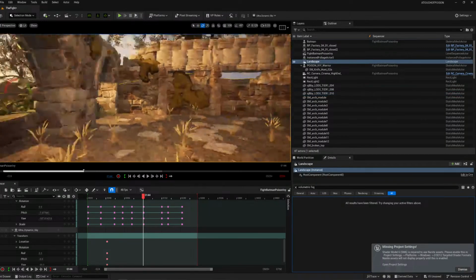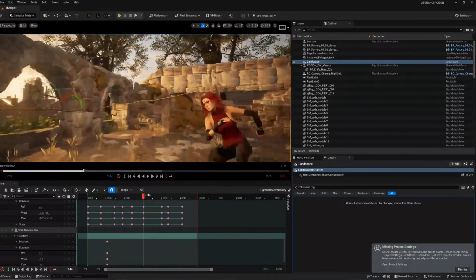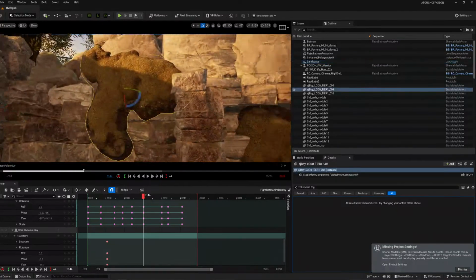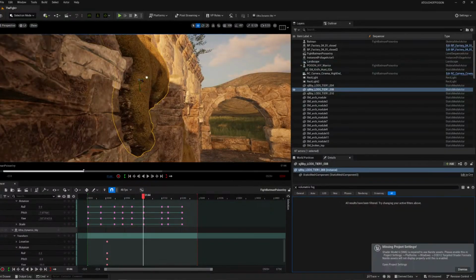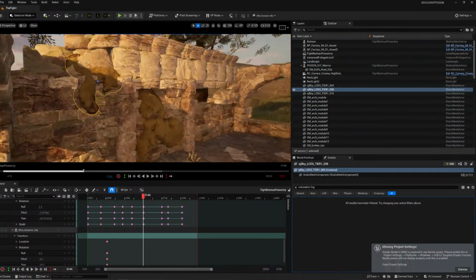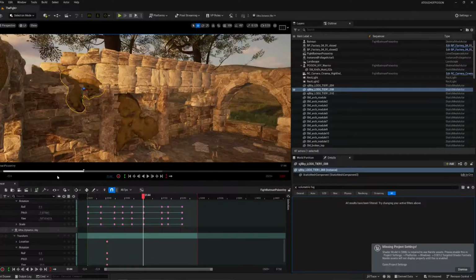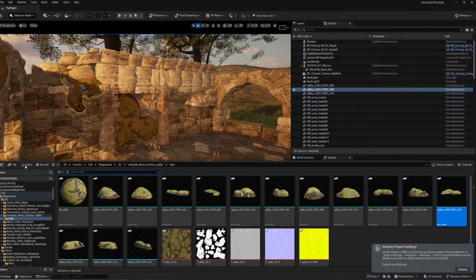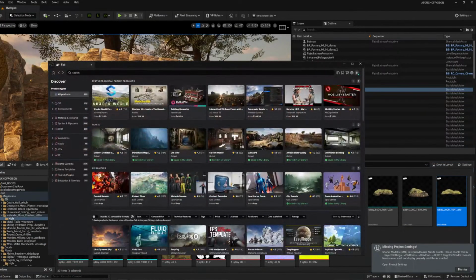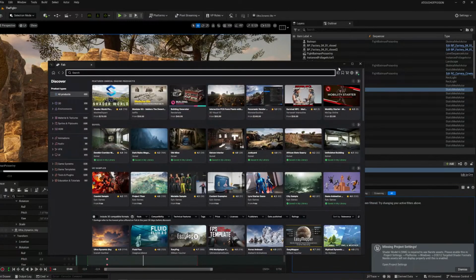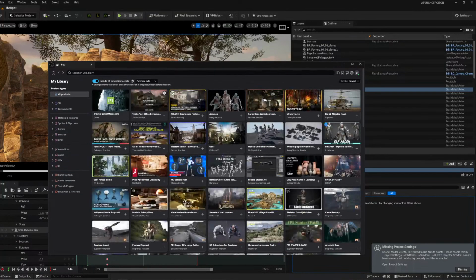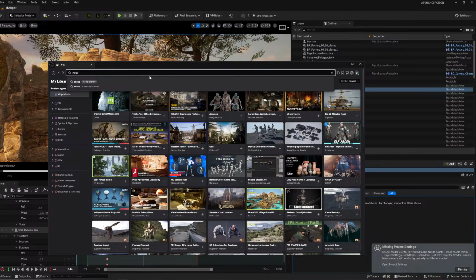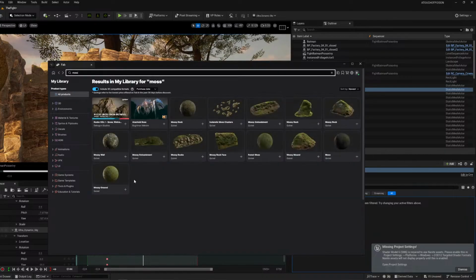Didn't I have some of her moss? I know I had blueprint somewhere. Let's see. I swear I did. I definitely have ivy. There used to be something for